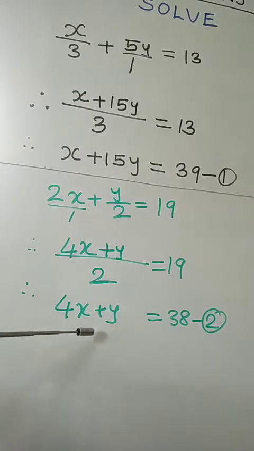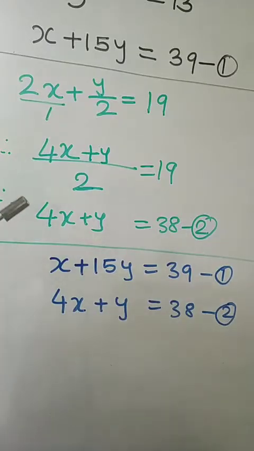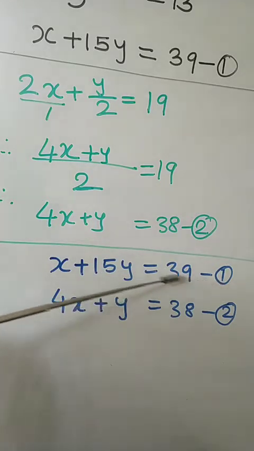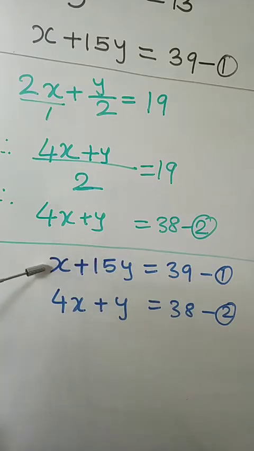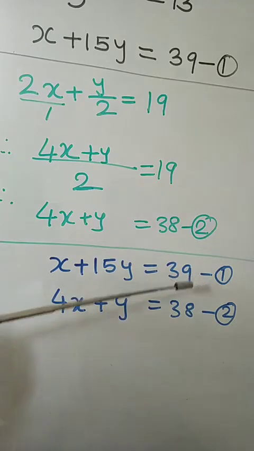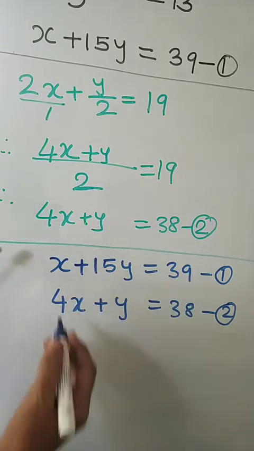Let's put them one below the other. Now you have these two equations, 1 and 2, one below the other. Now observe, there are coefficients which are different. Here it can become 4x if we multiply this entire equation by 4. So if you multiply equation number 1 by 4, you will get 4x, and 4x minus 4x you can subtract and you can eliminate this x. So all we will do is multiply equation number 1 by 4, and what do we get?